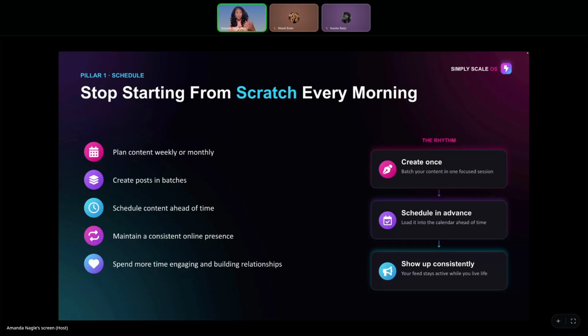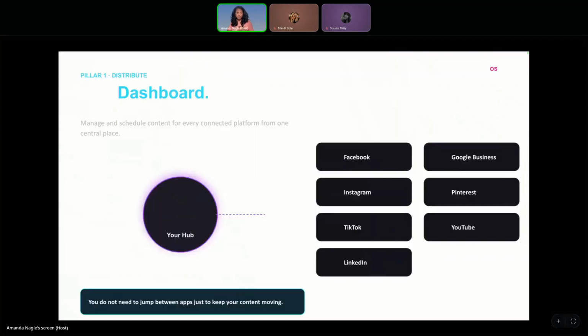We want to spend maybe a few hours batching it, scheduling it. And then with the time that we do have, we don't want to be posting the content. We actually want to be engaging with the audience, and we want to build those relationships, because that's the important part. People buy from people. Anybody can sell any course. Anybody can sell any direct marketing, like Unique or Red Aspen or Color Street, whatever it is that you sell. Anybody can buy from any website, but people are buying from you and your story. And we want to make sure that we're taking the time and have the time to build those relationships instead of figuring out what we're going to post.